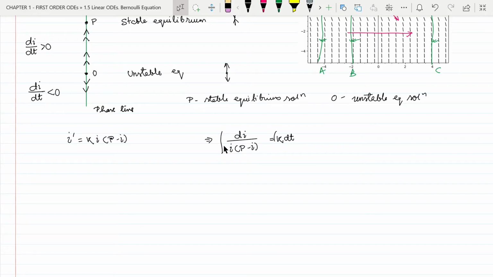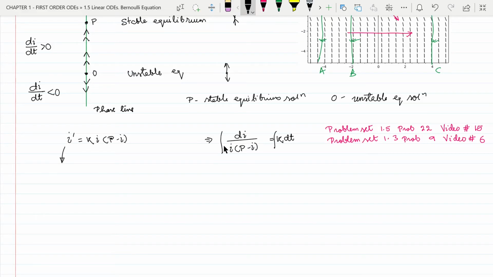The left hand side can be integrated by using the partial fractions method. We have already discussed how to integrate using partial fractions in problem set 1.5, problem number 22 in video number 15. Also in problem set 1.3, problem number 9 in video number 6. If you want to solve this differential equation by using the separation of variables method, then you can refer to those videos. But now we will solve this differential equation using the method given in this section.